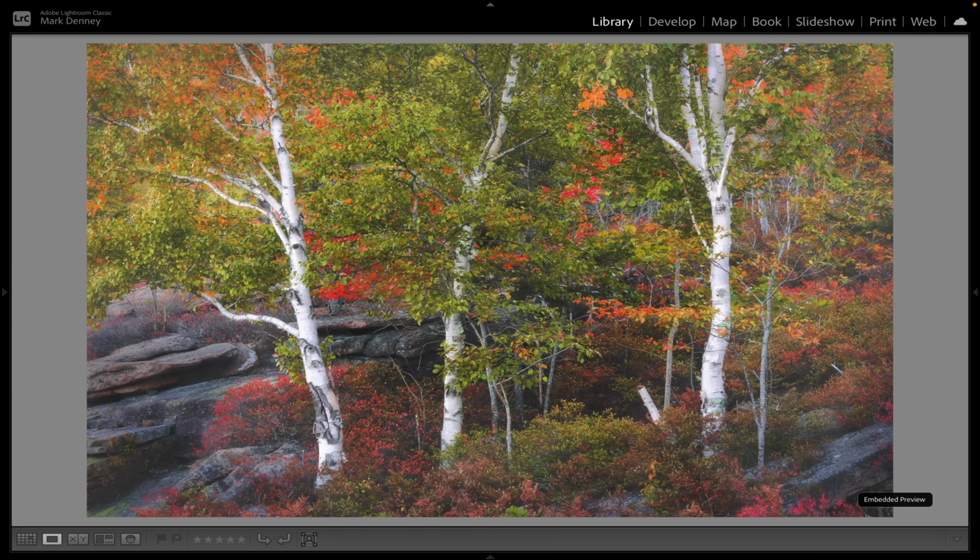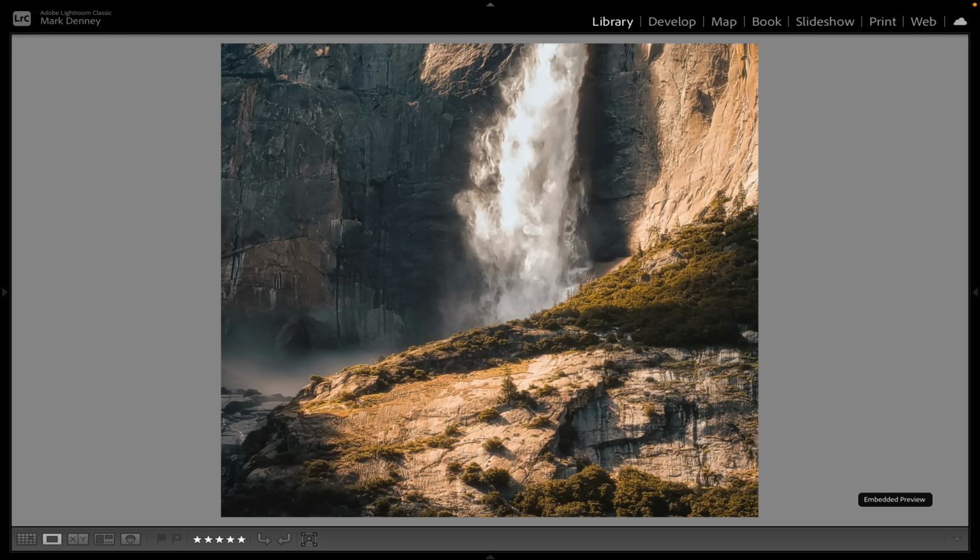But just by zooming in on the beautiful color contrast of the trees and the autumn color in the background here, I created what I feel is a very, very compelling photograph. And right here as well, just the base of Yosemite Falls, just zooming all the way into the things that